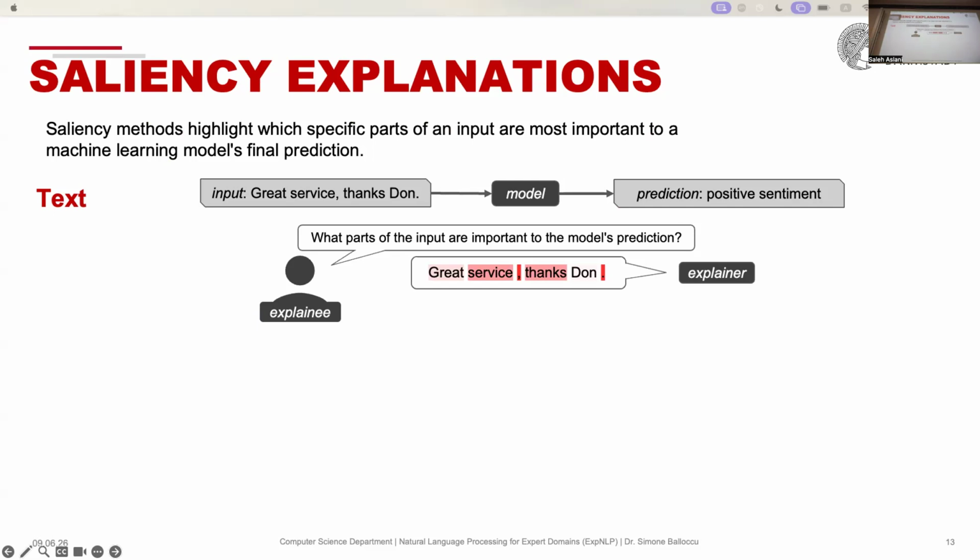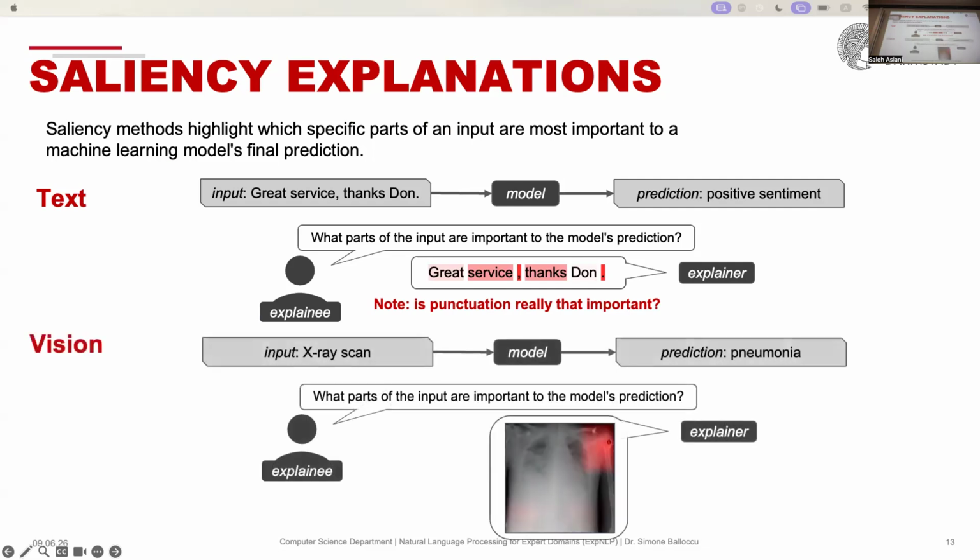The model looked into the highlighted tokens: the word great, service, comma, thanks, and the dot at the end had impact, but most impact came from the dot and the comma. And that's also a bit counterintuitive. We didn't expect that to happen, but somehow the model found it very important. Also, our CT scan image for the lung, we talked about it quite a lot.